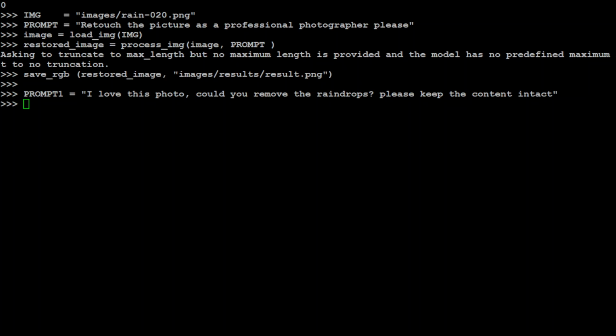Now let's get another variable, and call this process image function. Just pass this image, the restored image here, and from there I will also pass my prompt one, which is a new prompt, and then press enter. Once that's done, that is done. Cool. Now let's save it. I'm just saving this result one, and then